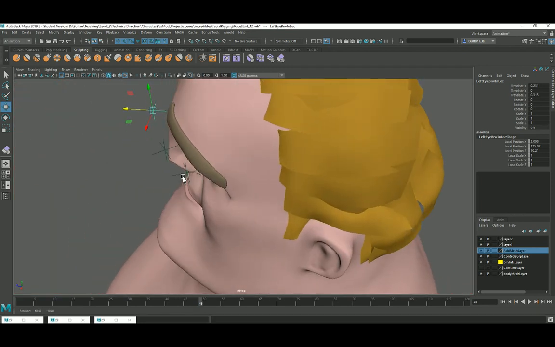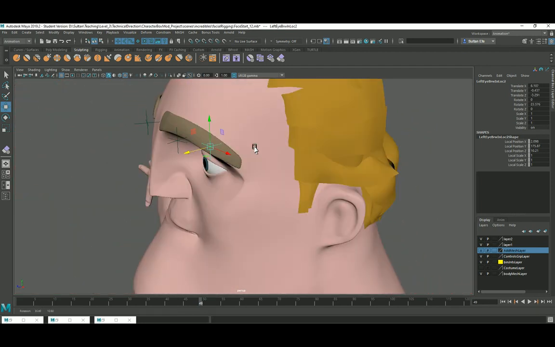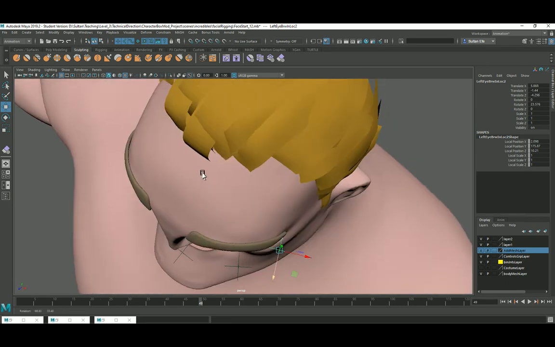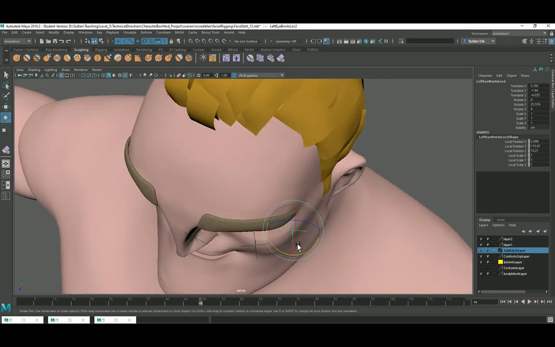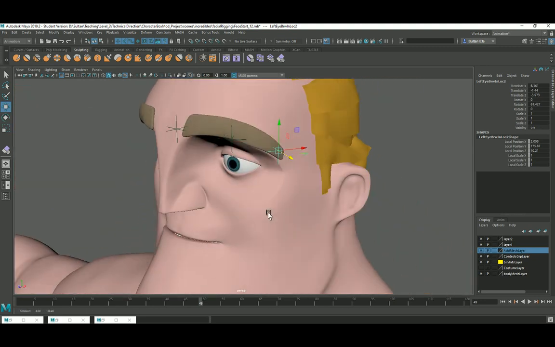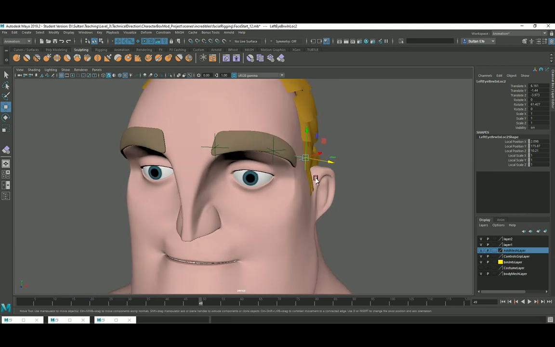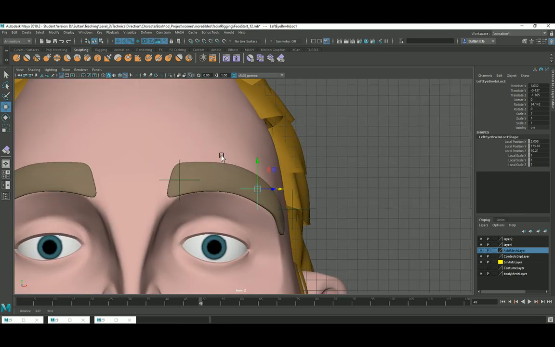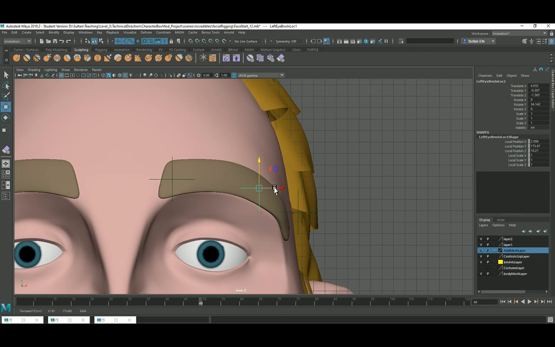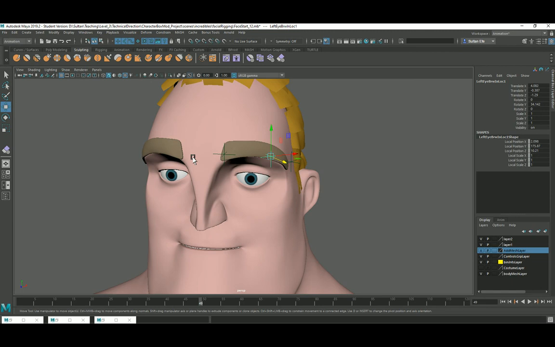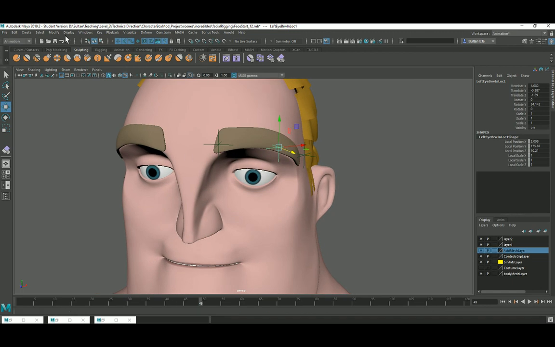Something like this. Maybe this could get a bit closer. That should be alright. I'll freeze transform on those as well,